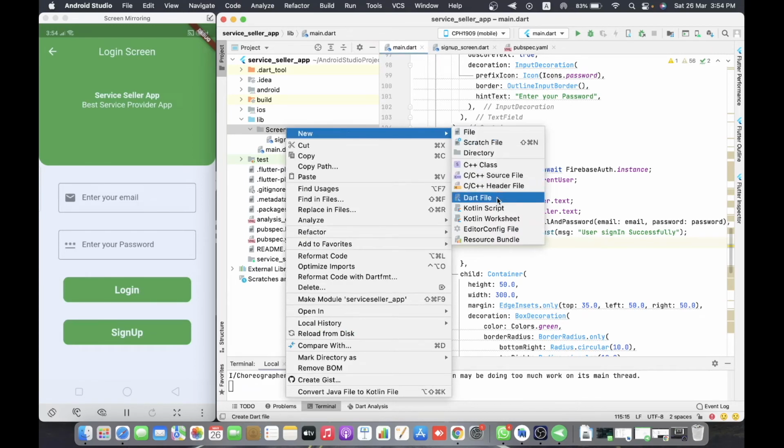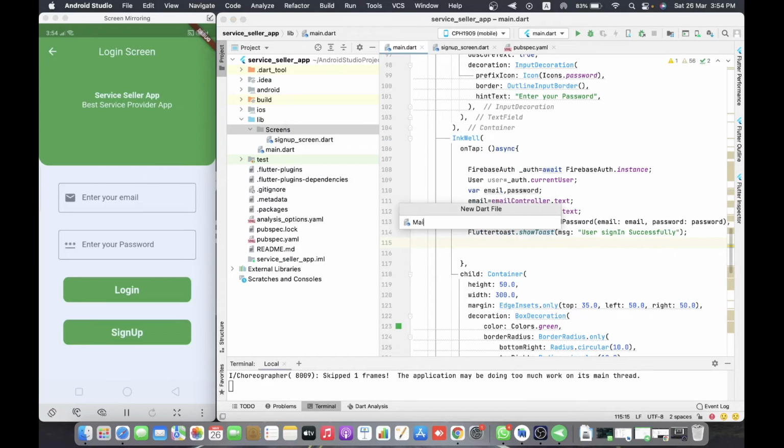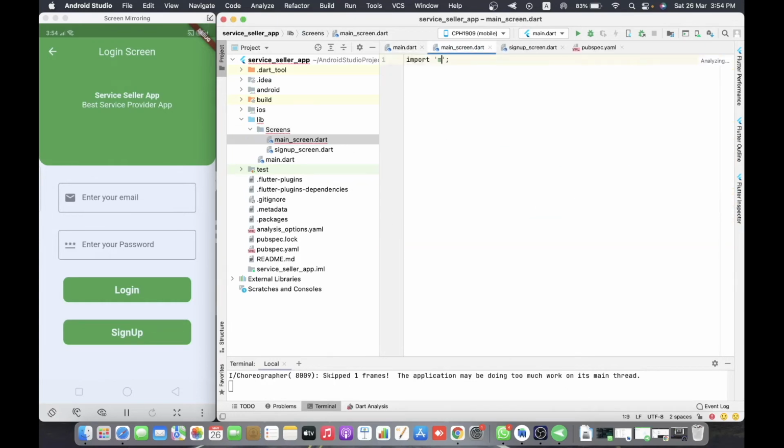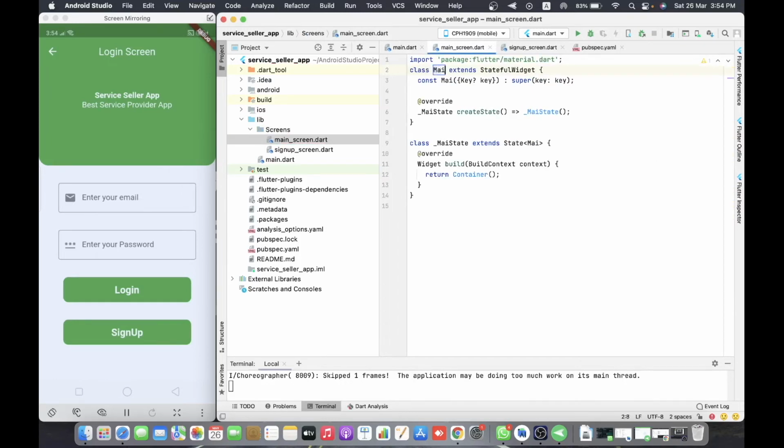So I go and create a new dart file, main screen. Let me make it a case sensitive main screen, and here I create a simple stf, main screen,